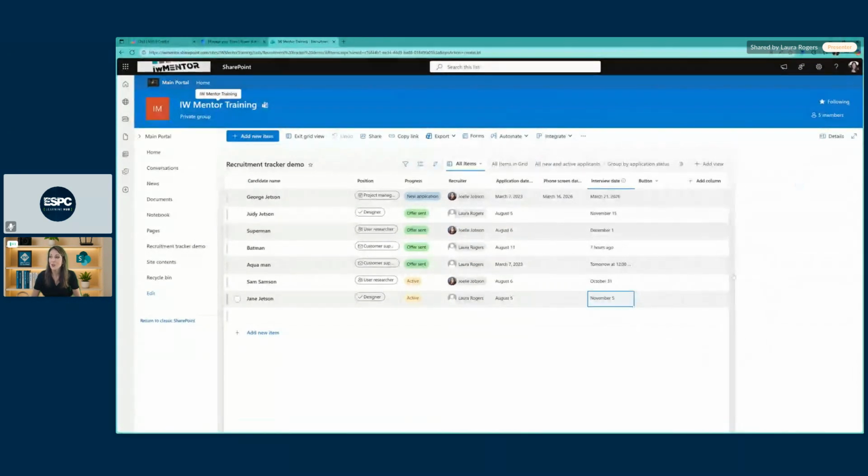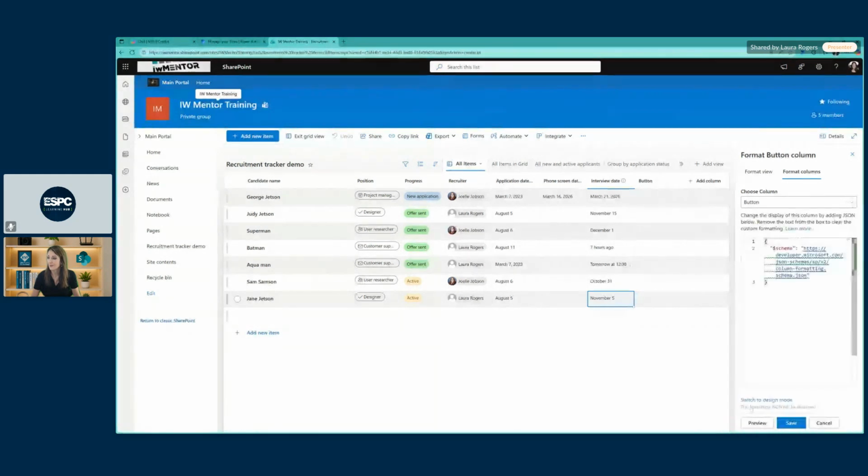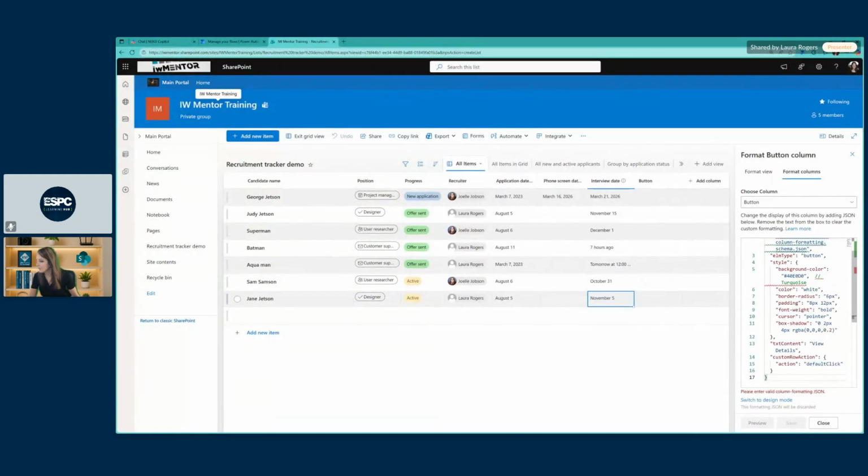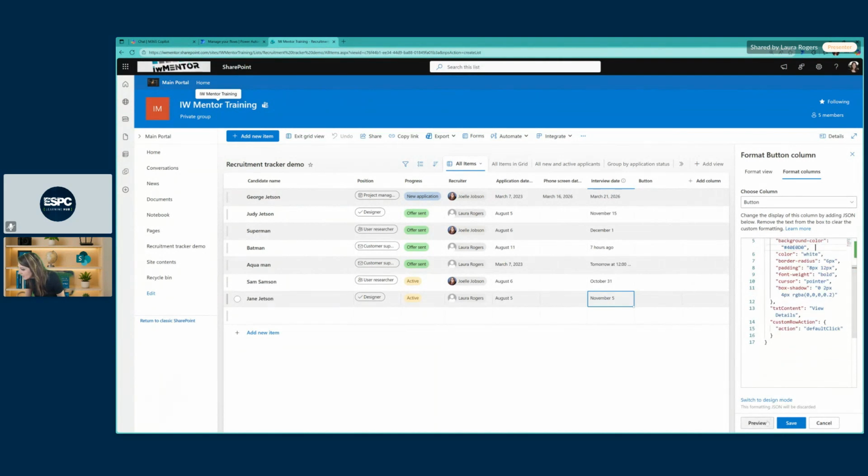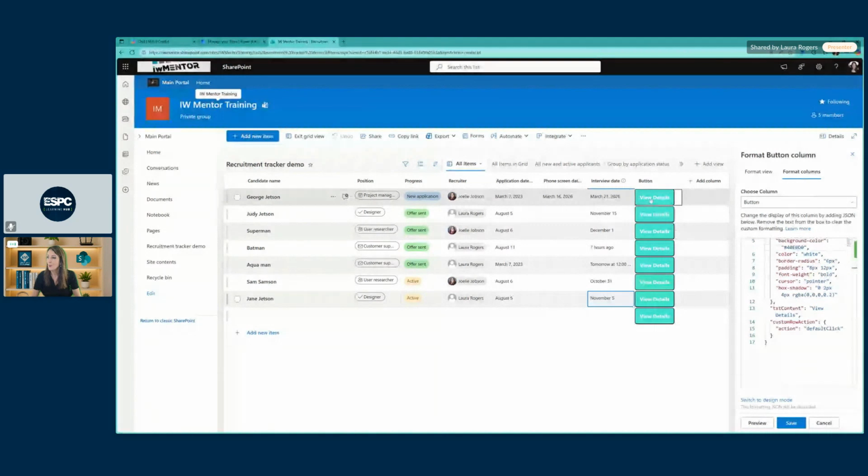So by default, when you click format this column, it's going to look different depending on what type of column it is. This is just a text column, so it just has this conditional formatting thing. The trick is to go over here to advanced mode. And it's going to have just a little bit of code in here already. I'll just select all that and redo it, just paste in my code. So it's got a little comment in here that it doesn't like. Let's see, preview it. Look at that. That is beautiful.